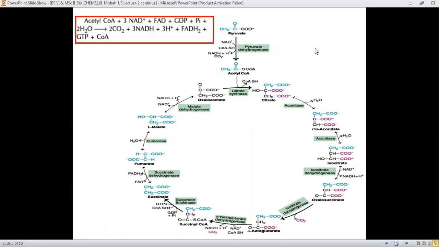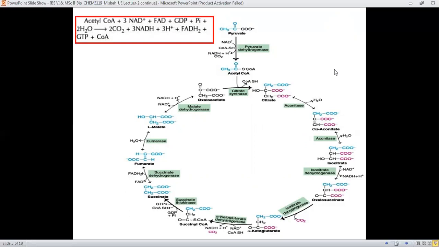The pyruvate, which is generated as the result of metabolism of glucose through glycolysis, after glycolysis the 6 carbon containing glucose unit is converted into pyruvate, which is a 3 carbon containing molecule, and as pyruvate is converted into acetyl CoA, now it becomes part of the tricarboxylic acid cycle or the Krebs cycle, and